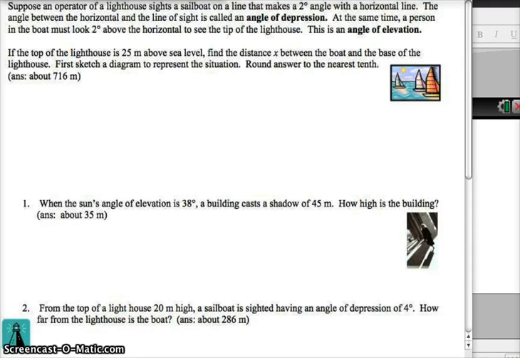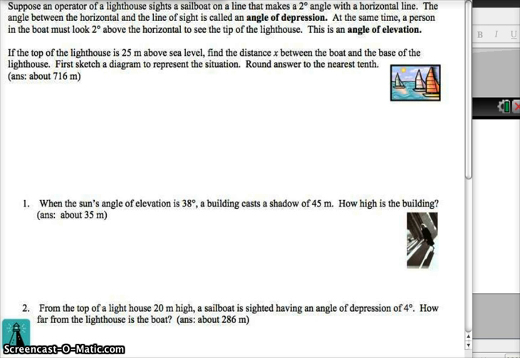So moving on to our final section of Chapter 8, the Unit 7 that we'll be studying. It's called 8.7 Applications of Right Triangle Trigonometry. So now you're going to read through a problem, try to set up a diagram based on what you read. It's going to be a right triangle. Then you're going to decide if you should use sine, cosine, or tangent to solve for the missing piece of